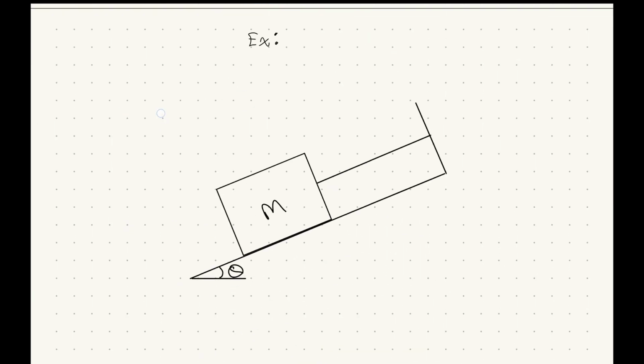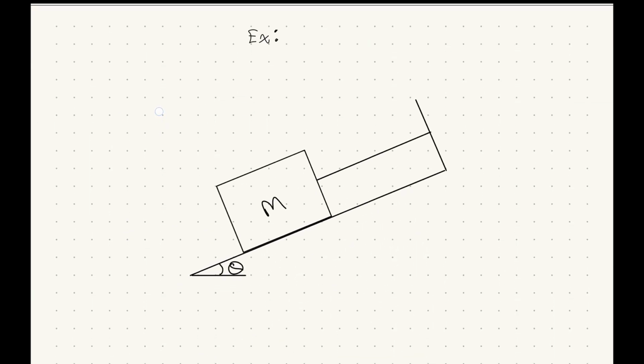Now let's cover an example. In this example, we have a mass of m which is sitting on a ramp at angle theta. The mass is held up using a string. The reason why I chose this case